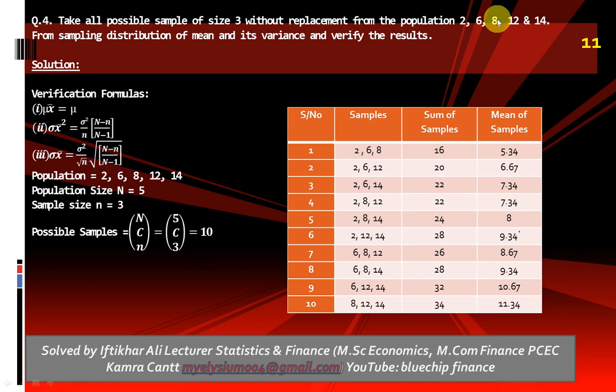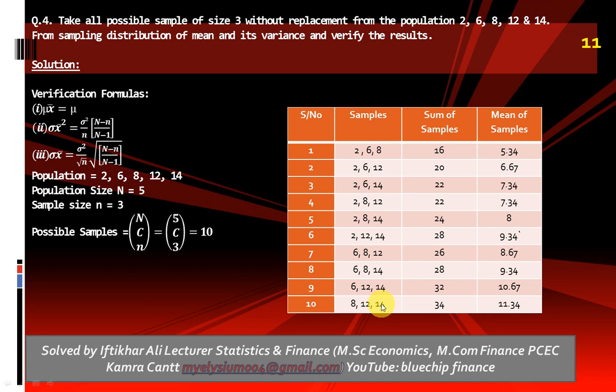After that, skip 8, 2, 12, 14, 2, 12, 14. Now, skip 2, because all the samples which we can make with the help of 2 are already obtained. So, skip 2 and take 6 into consideration. So, 6, 8, 12, 6, 8, 14, and 6, 12, 14. After that, skip 6 and take 8, 8, 12, 14. So it was the last possible sample